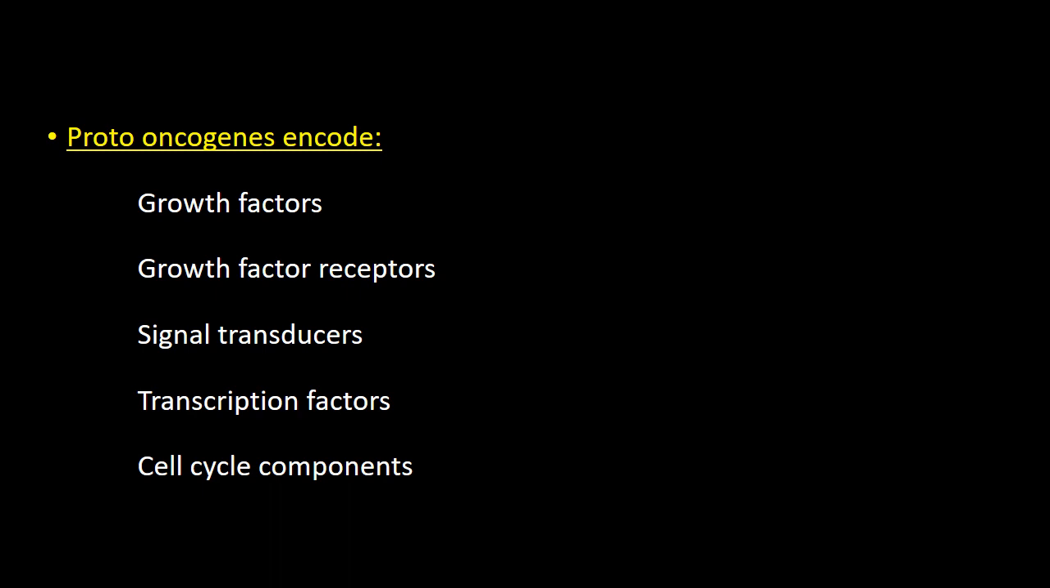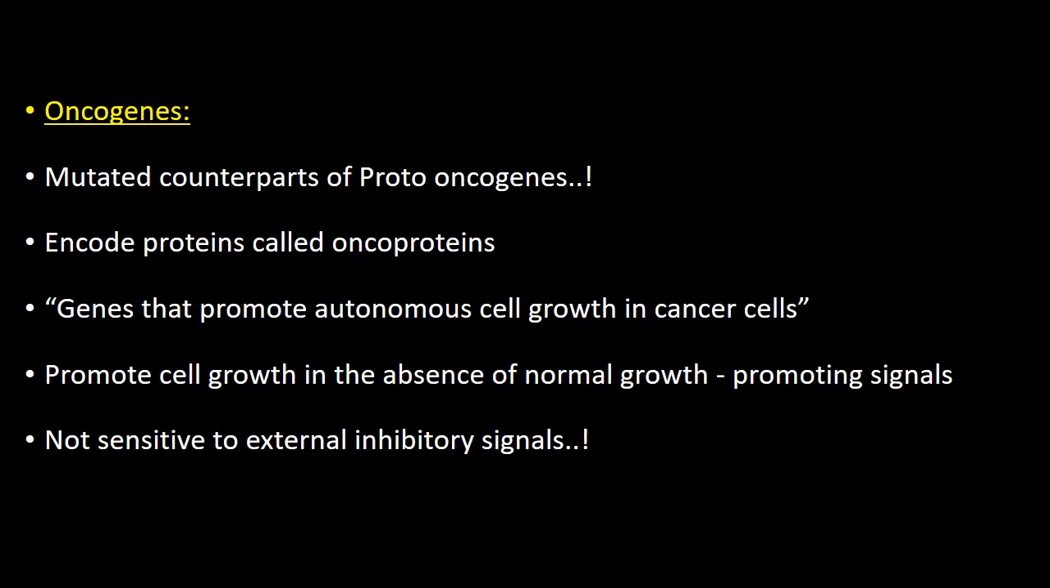If at all there is a mutation in any one of these levels, the resultant product we call an oncogene. Try to get familiar with this terminology. Oncogenes are nothing but mutated counterparts of proto-oncogenes. Proto-oncogene products are called proto-oncoproteins. Oncogene products are called oncoproteins. Okay, so the function of these oncoproteins is,